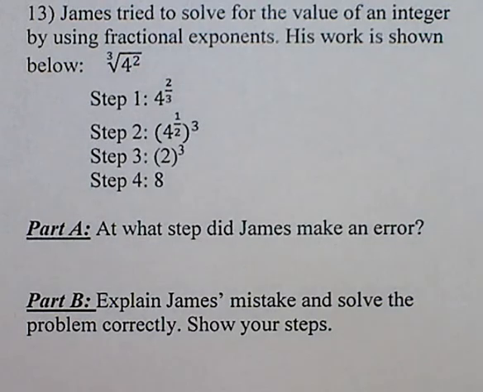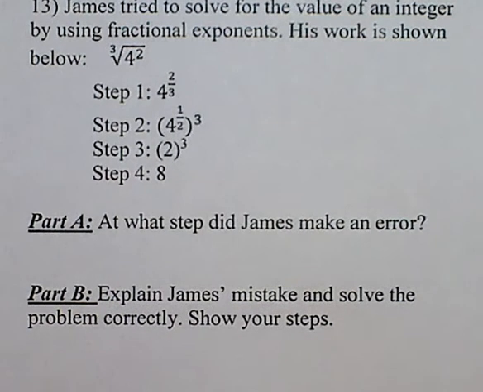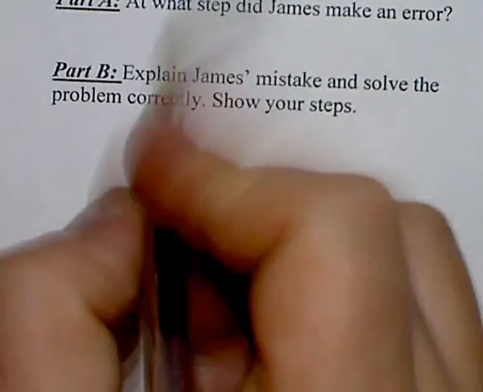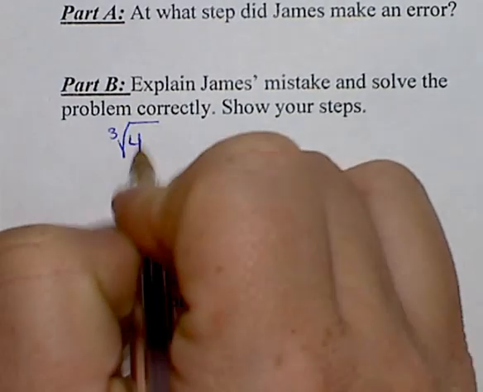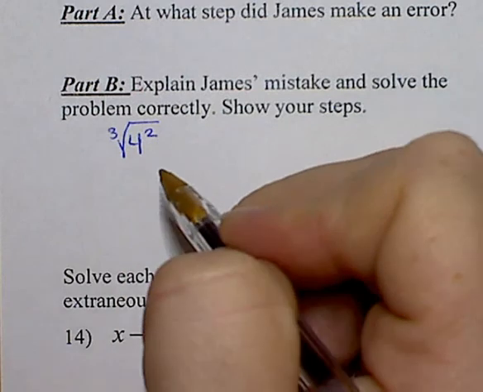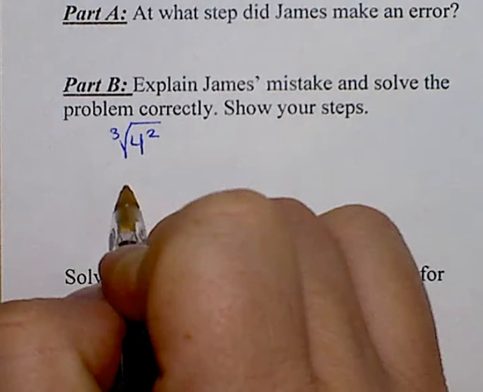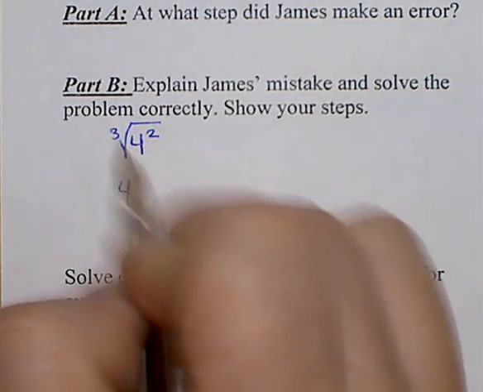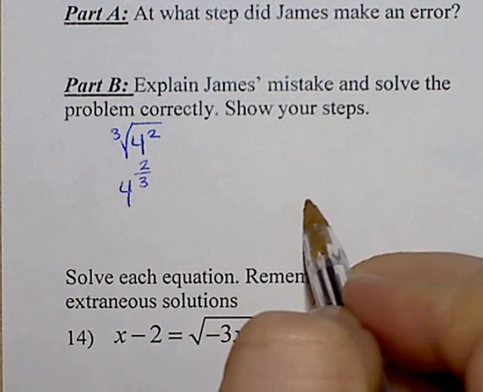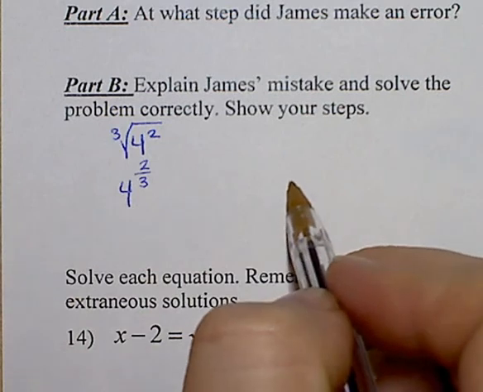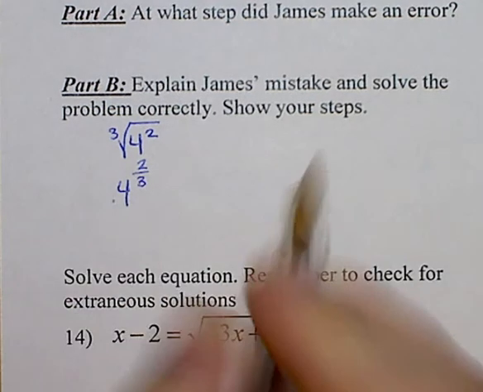I think it's easier just to simply solve the problem on your own and compare it to up above. So I'm going to write the initial problem down. That was the cube root of 4 squared. Remember, when you write this in rational exponent form, the nth root goes on the bottom. But what's interesting about this is that when we take 4 to the 1/3,